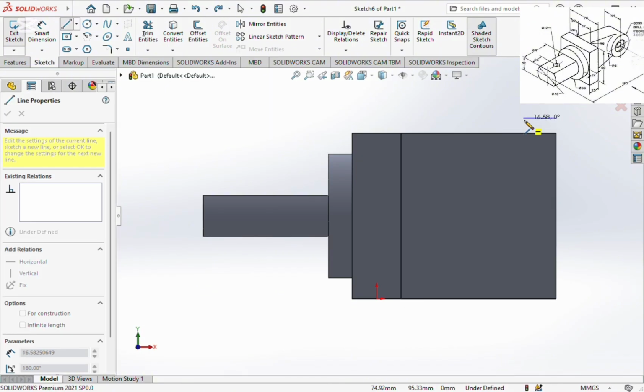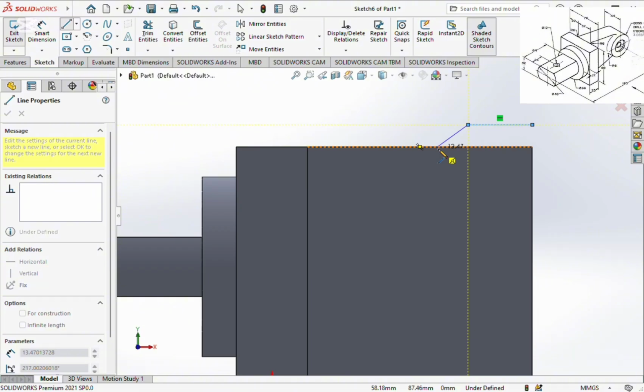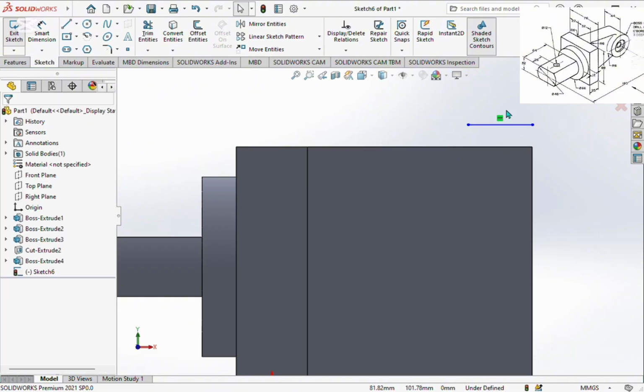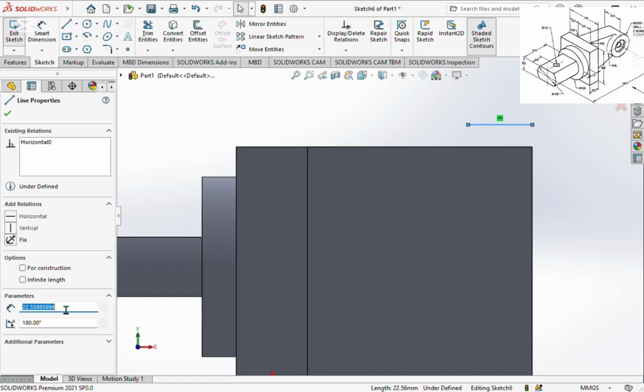My line command, if you just type L, you get a line command. Then I get the line making sure it's horizontal. Now I escape. When you do your line, the line will still do as if it wants to continue. But I escape it. You click escape on your keyboard. Then I click my smart dimension. From smart dimension, I click the line again. The dimension of the line, I want it to be